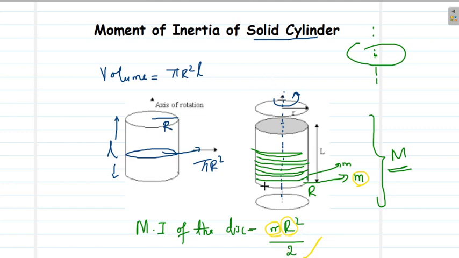Now to calculate the moment of inertia of the cylinder, we will have to add up the moment of inertia contributed by all the discs. Or equivalently, you may integrate the mass terms, considering dm to be the mass of each disc. You may integrate over all masses, or you can just sum over all the masses. So we may get the total moment of inertia of the cylinder about its own axis,